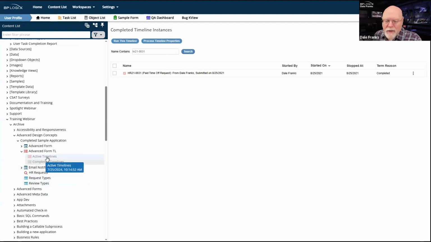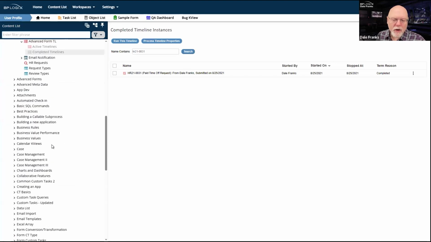Usually, if we're doing this on the active timelines, it's because there's something that needs to change in the process timeline itself. This is not technically an error with the timeline. The definition does what it's supposed to do. The timeline instance is doing what it's supposed to do. But let's say that someone is assigned to a task and they've gone on vacation. Okay, the task is supposed to be assigned to them. I guess they were technically supposed to do the task. They didn't do the task. Somebody else needs to do it. And the only way that I can do that is by editing the timeline instance itself.